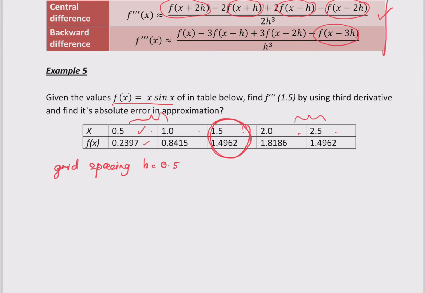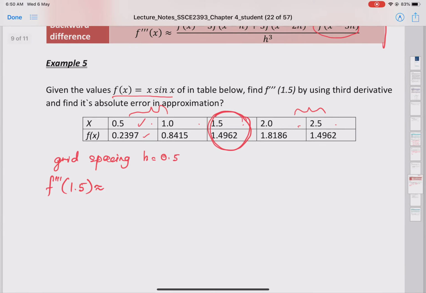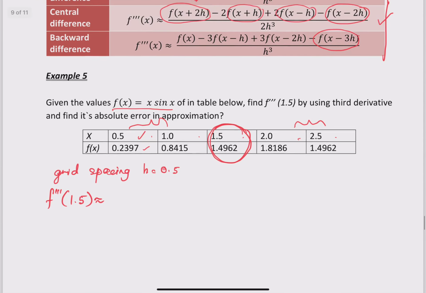So what we want to find is the third derivative at the point 1.5. So you can apply the formula. Of course, the first term is f(x plus 2h),